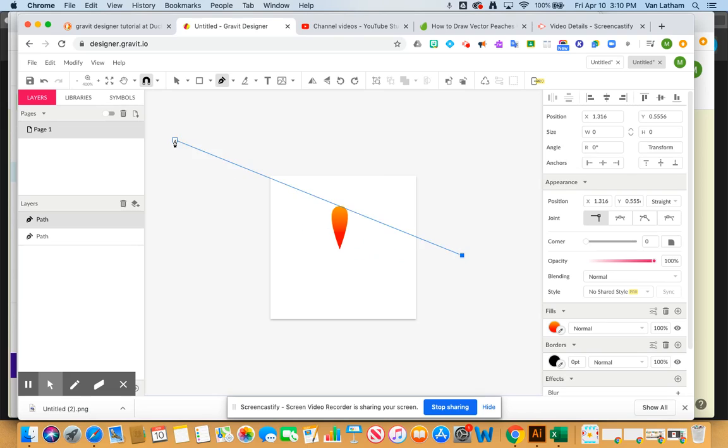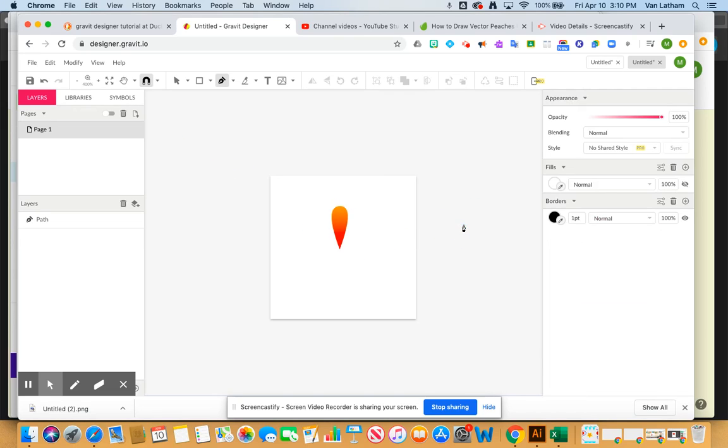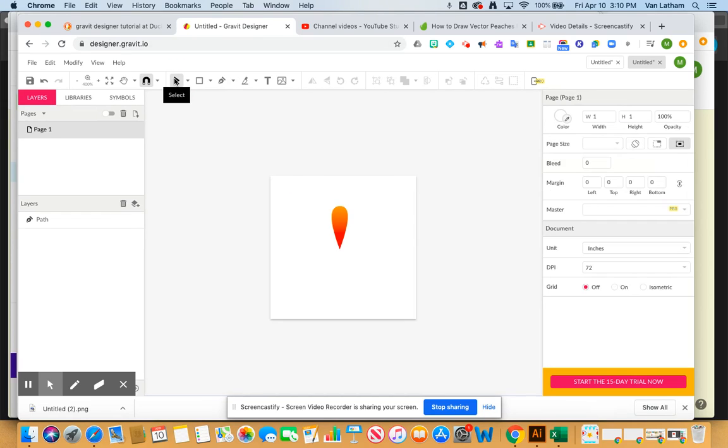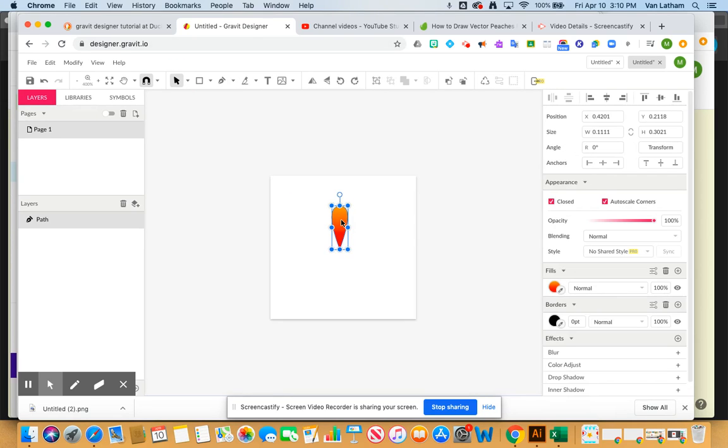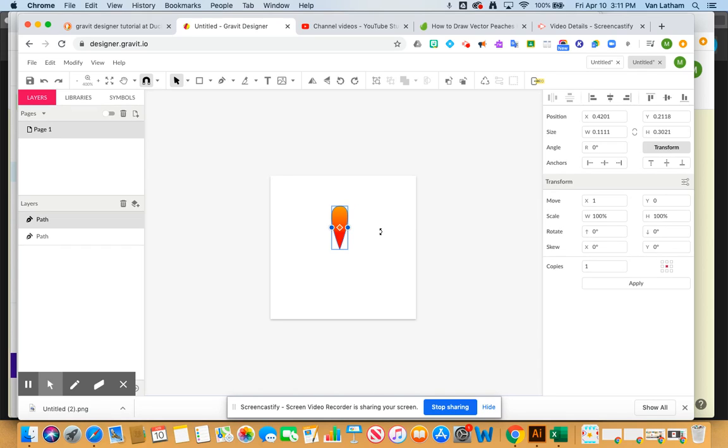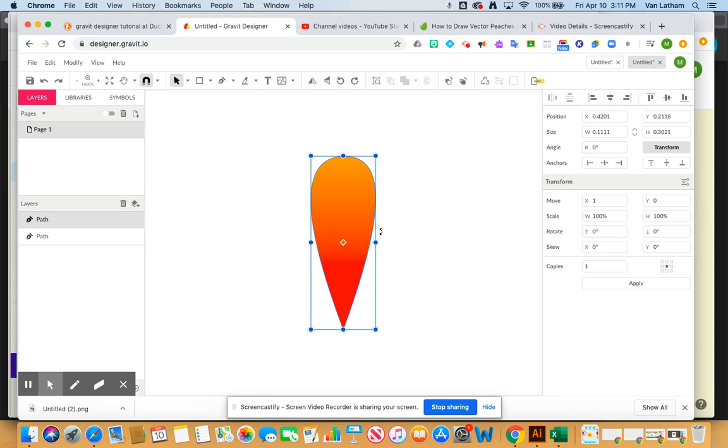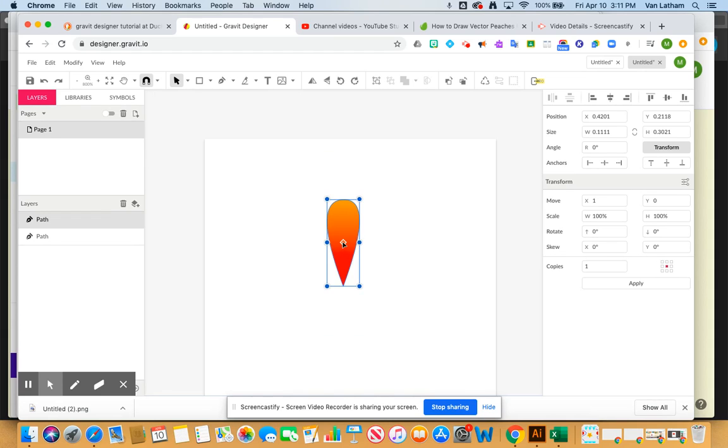All right, so now what I'm going to do, I want to go to my black arrow, and I want to select that, and I'm going to make a copy of it. So Command C and then Command V, and it pastes right on top, unlike Illustrator, not off to the side. But now I want to set my point of rotation. So I'm going to hit Transform, and you get this gold diamond. I'm going to move it right down here to the point,